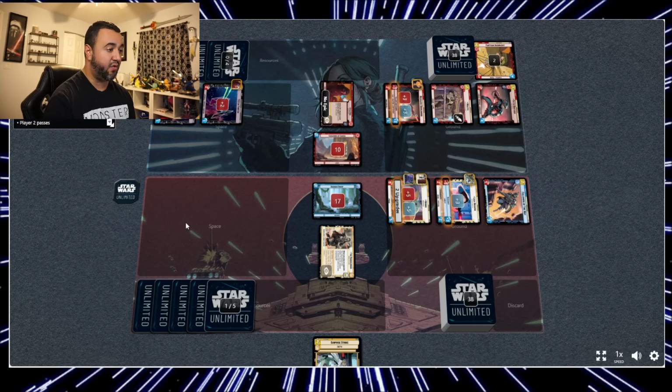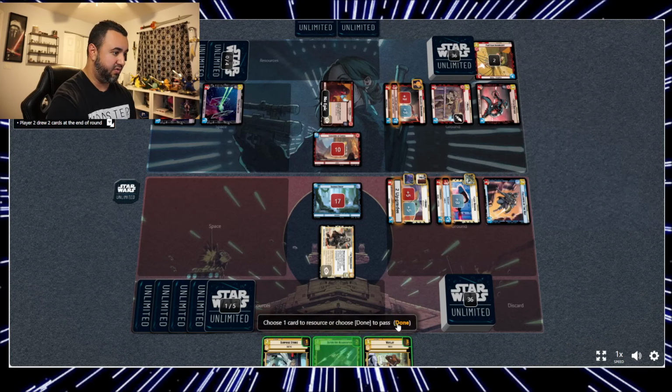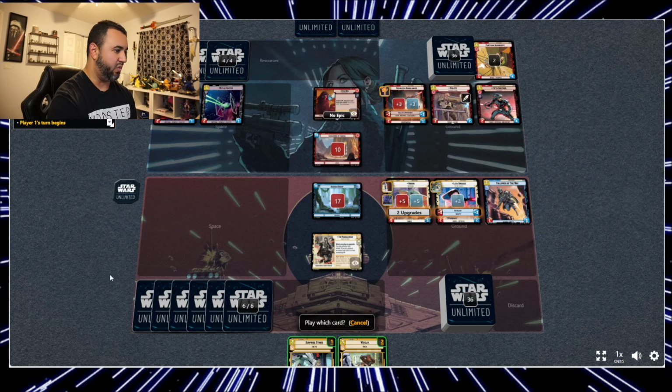So we'll see if maybe we can also get into a devotion. He's emptied out his hand with 4 resources. That's pretty much how Kylo Ren wants to play. So the Kylo Ren deck is playing beautifully. We did draw into a Waylay, which is really nice. So what we will do...